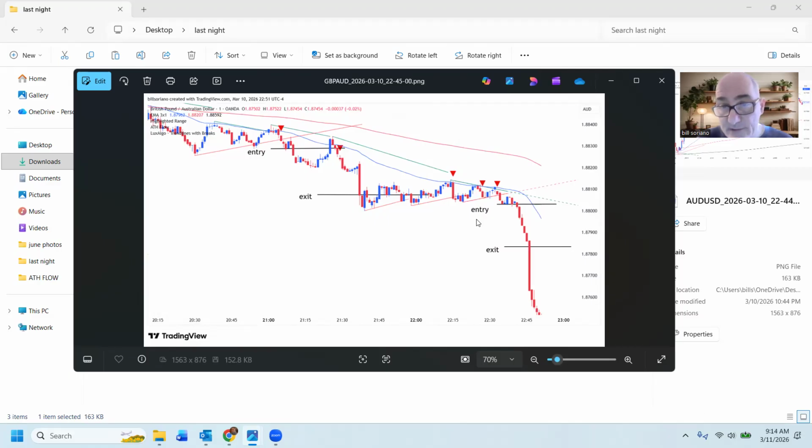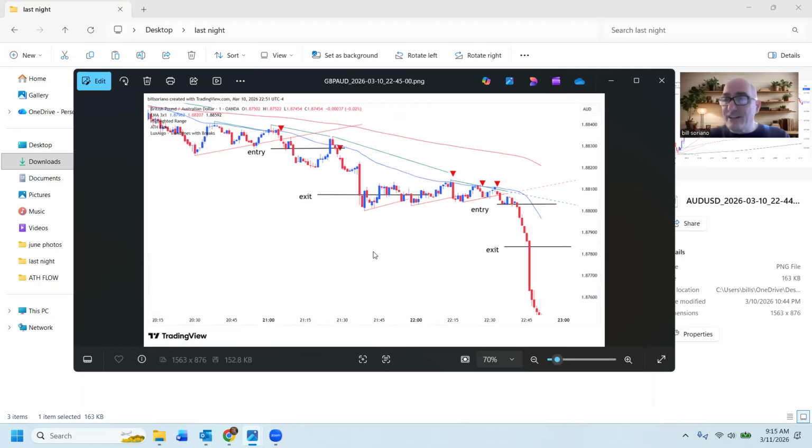Then we get another one, and then this one here crosses again, closes below the trend line, and that could be your continuation candle as well. I would wait for the next one, and then boom, the bottom just falls out of it. So that was last night during the Asian session. Again, usually,